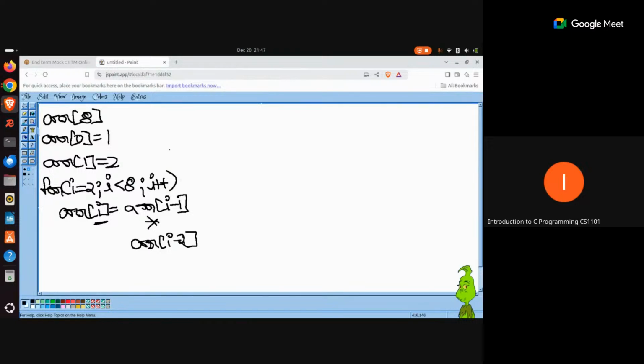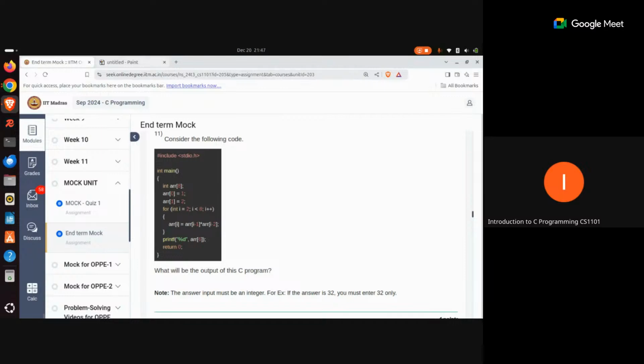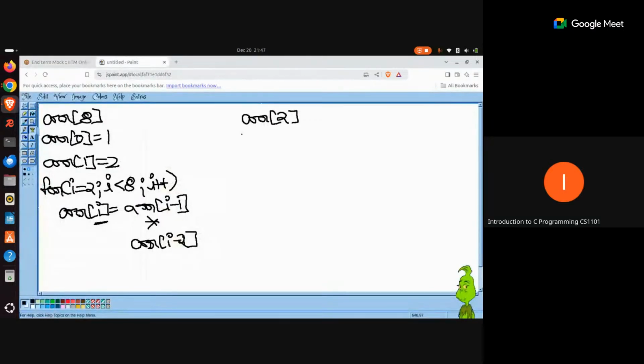So let's see. Since this I is getting initialized with the value 2, the very first element that is going to be overwritten, or is going to get the value, is ARR 2, which is going to be the third element. And if it is asking about ARR 6, that means it is asking about the 7th element. Okay. Let me keep that array somewhere here. First delete this from here. And I will keep this array here.